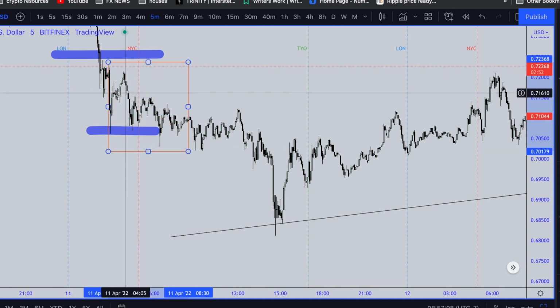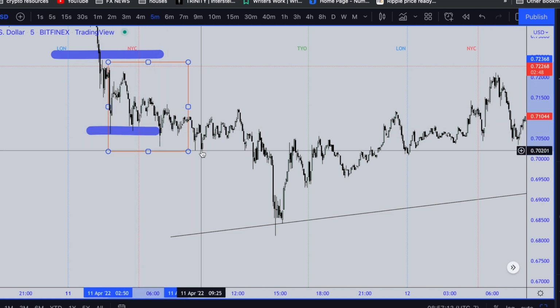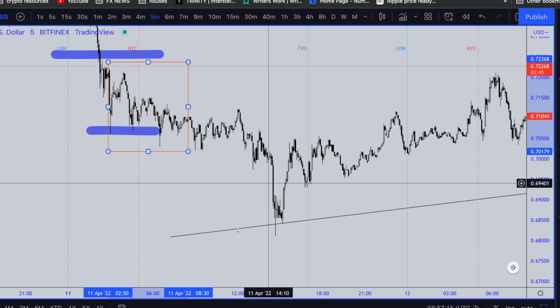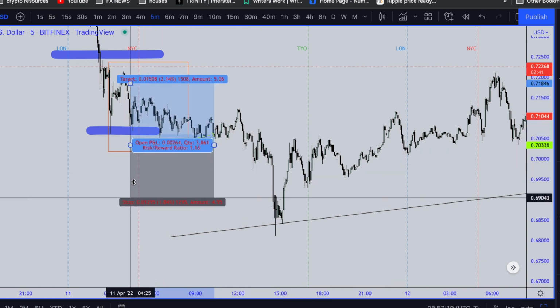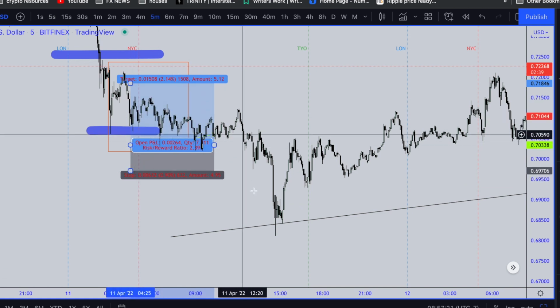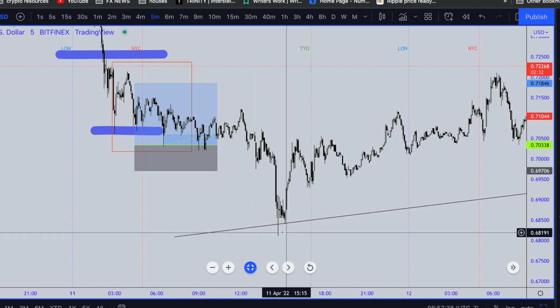We see how the market makers manipulated people to buy, okay, but really what were they doing? They were pushing price into discount. They liquidate any over leveraged positions beneath these lows, and any people that were willing to sell in the form of sell stops beneath these lows, they activated those. Then what did they do? Right before they passed price action over to Asia session, they took buy positions at a discounted price.